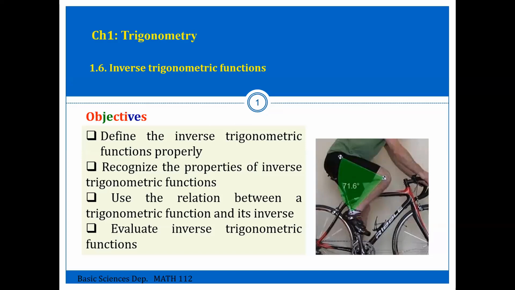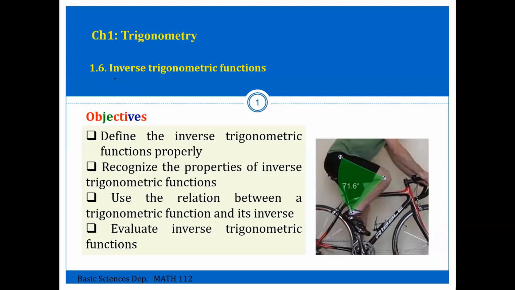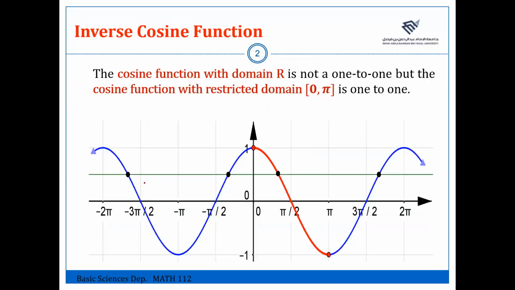So last section in chapter 1, dealing with inverse trigonometric functions. So we define these functions, their properties, and we'll see how to evaluate them using a calculator. Let's start. So this is the graph of cosine function